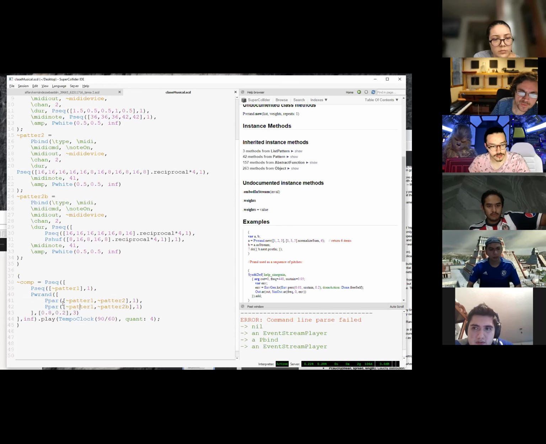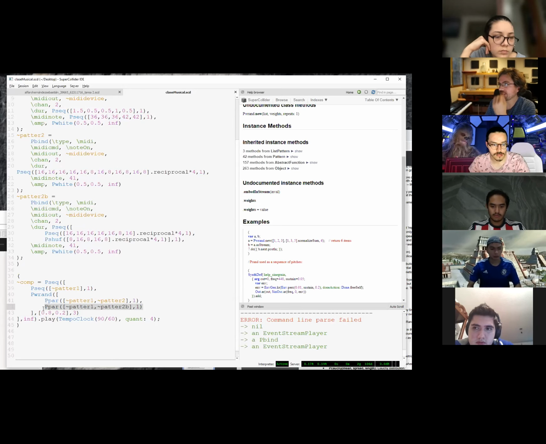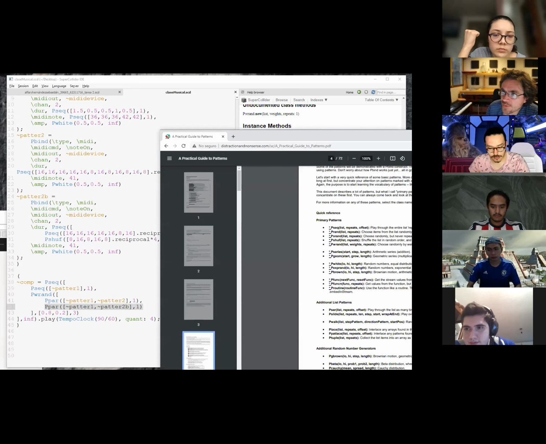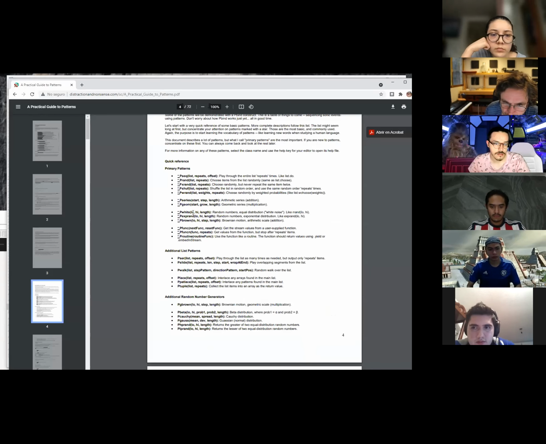Do you follow what we are doing? Instead of selecting a regular sequencer, this is going to play first this pattern number 1, and then from these guys we'll select either this pattern 80% of the times and this one 20% of the time. And this is something that you should research on your own.